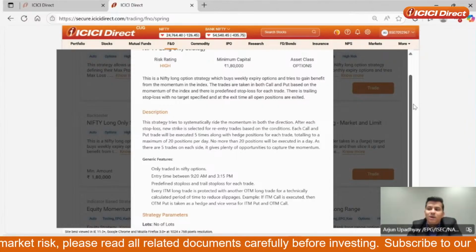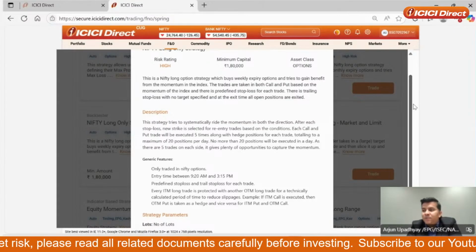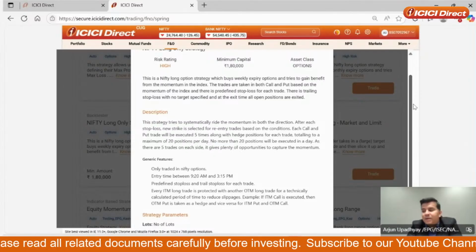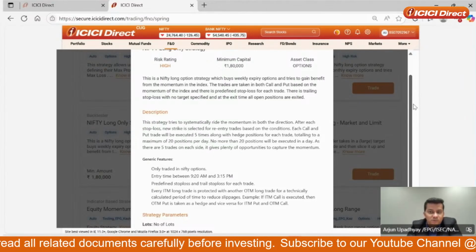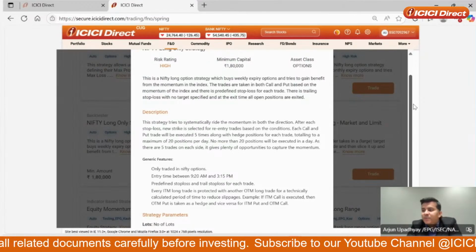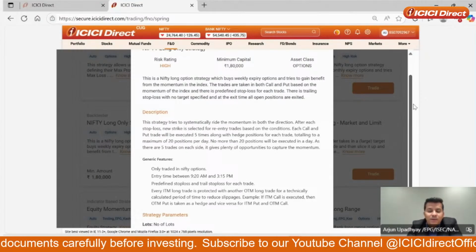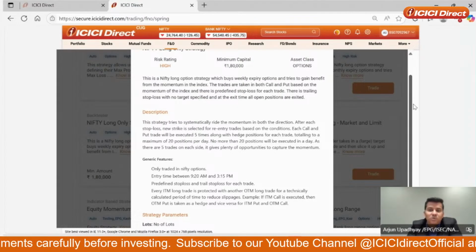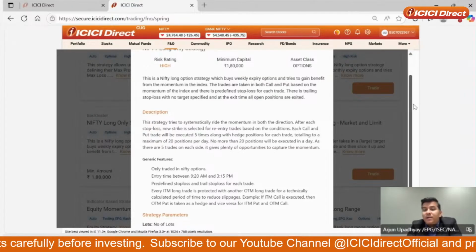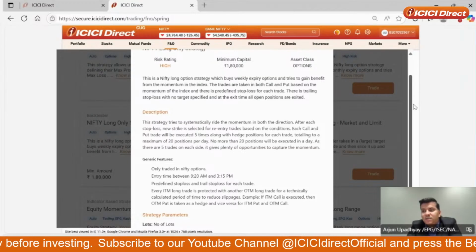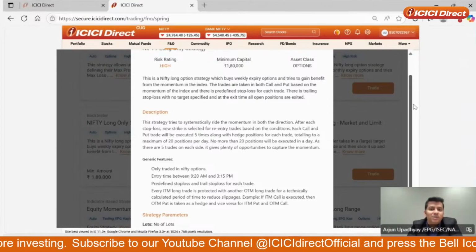So assuming the markets are going up, it will buy a call for you. It will, at the same time, smartly hedge your call position against a put. There will be predefined stop losses baked into each of the trades. If the markets continue to be bullish for some time, the put leg will be squared off so that you can maximize your call profit. If the market takes a U-turn against your strategy, it will square off those positions with the stop losses. It will create a new put position, now hedged against a call.